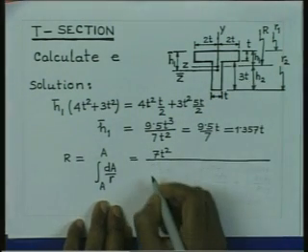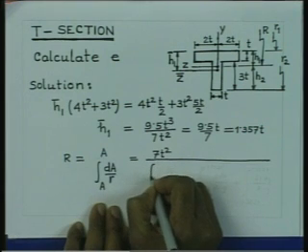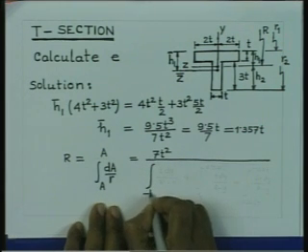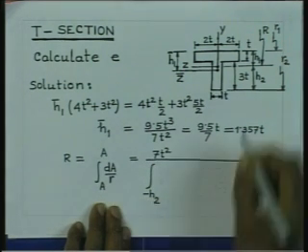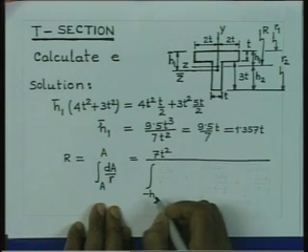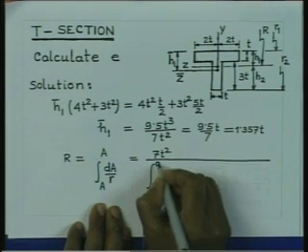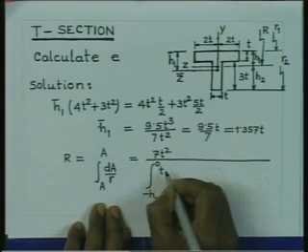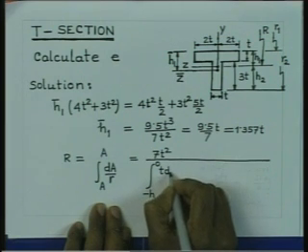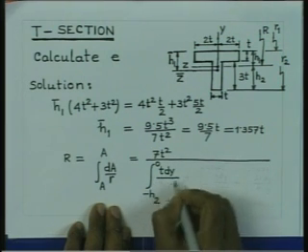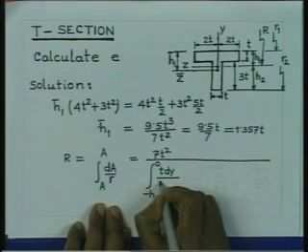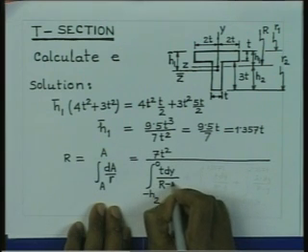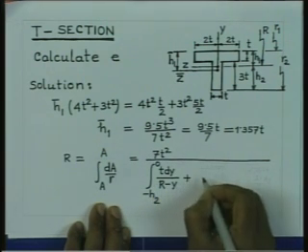So, our integration would look like this: from minus h2 to origin at 0, and this dA is nothing but t dy, and small r is nothing but capital R minus y, plus